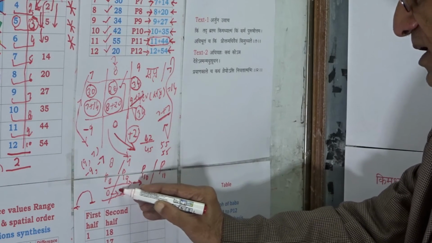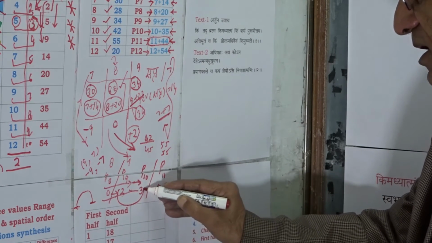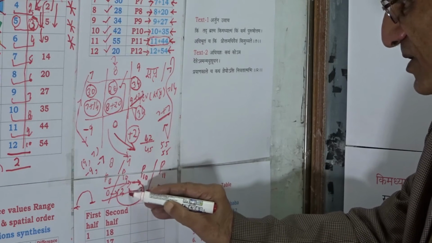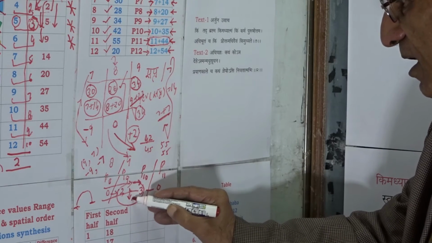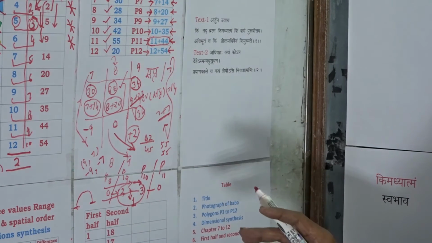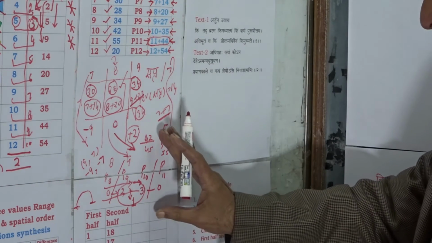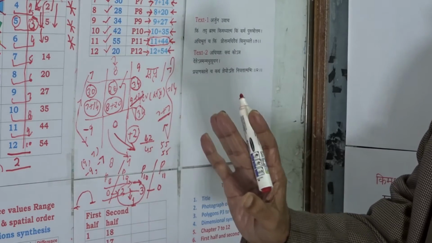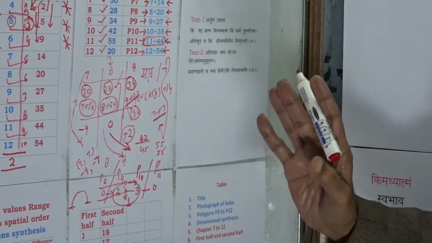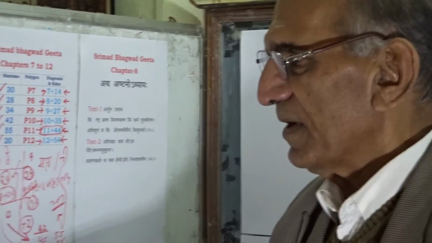In between there are difference values 2 and 3, and the difference of these difference values a step ahead is only of value 1. We have to appreciate this to have proper comprehension of the organization format features of Srimad Bhagavad Geeta along the formats of the